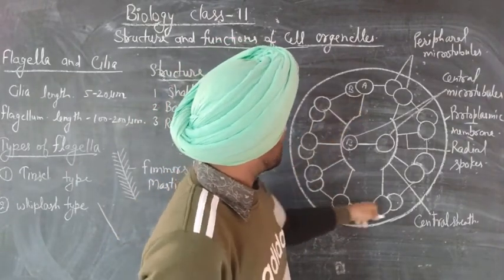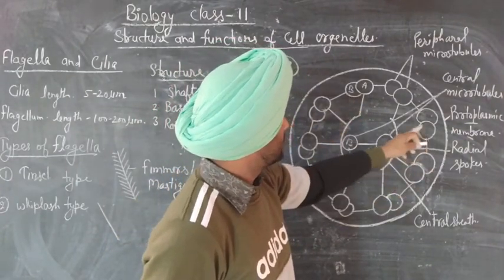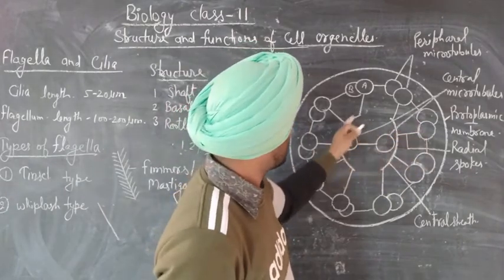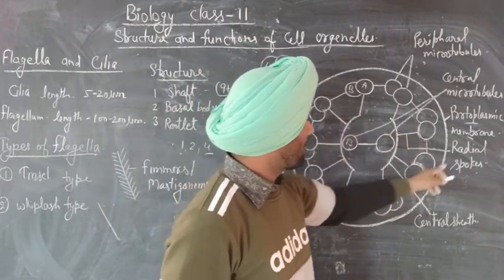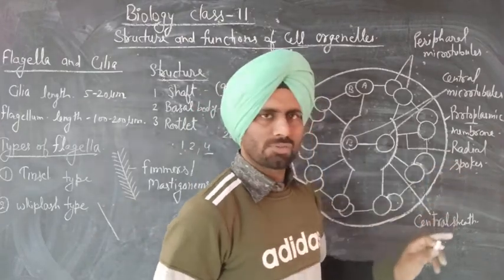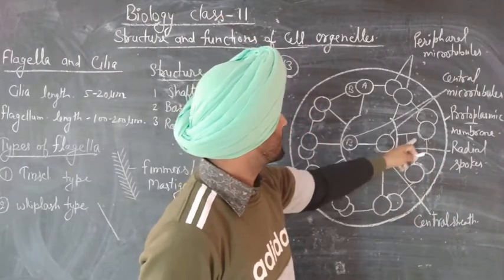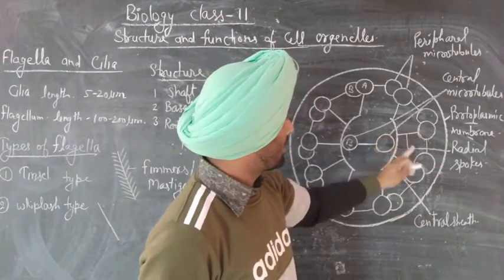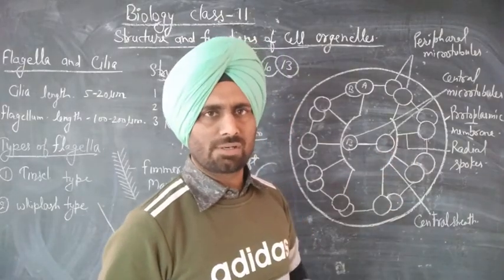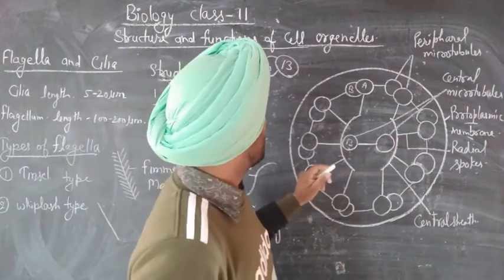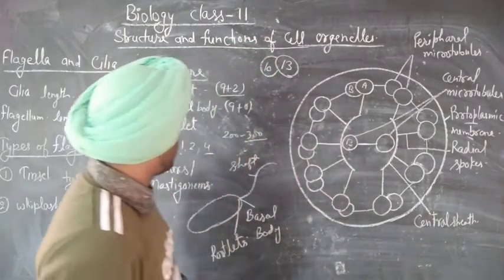All the peripheral doublets are attached to this central sheet with the help of radial spokes. They are attached to the central sheet and they are also interconnected. Okay. In the structure of rootlets,